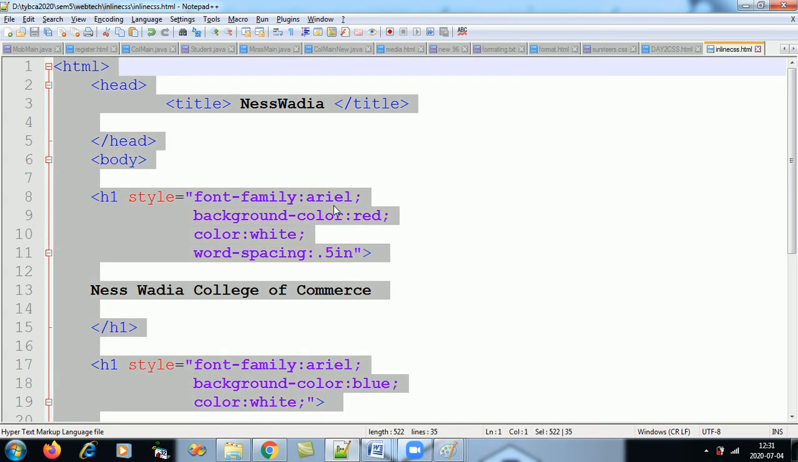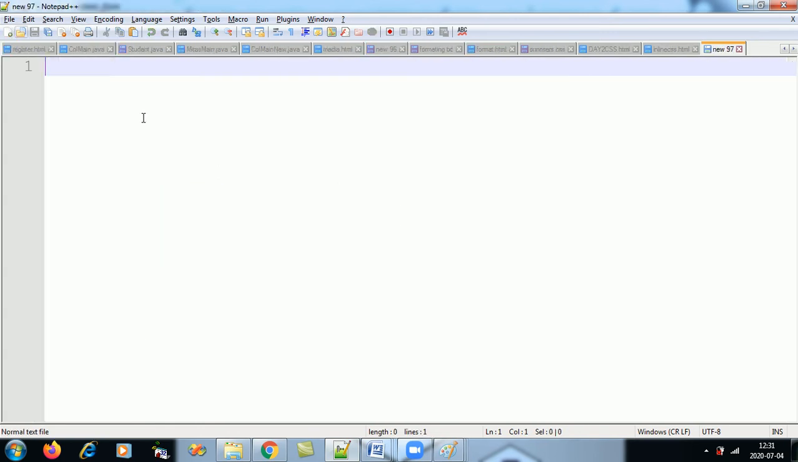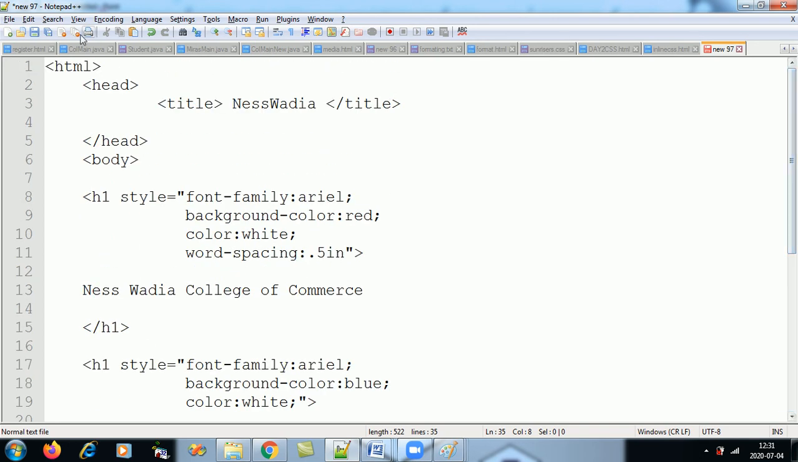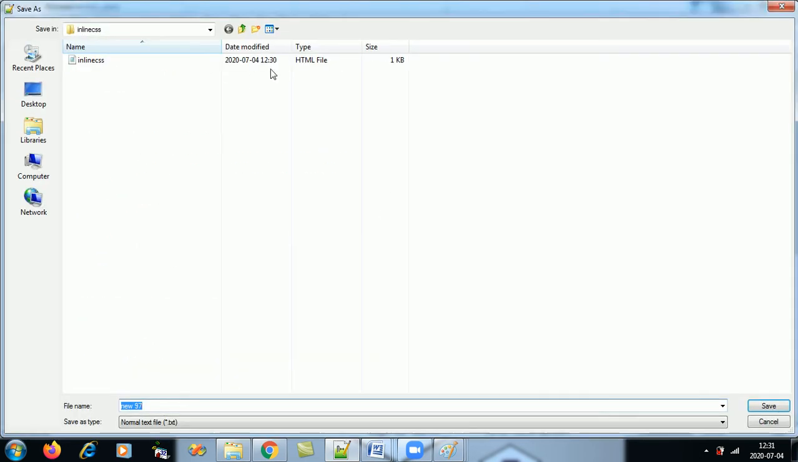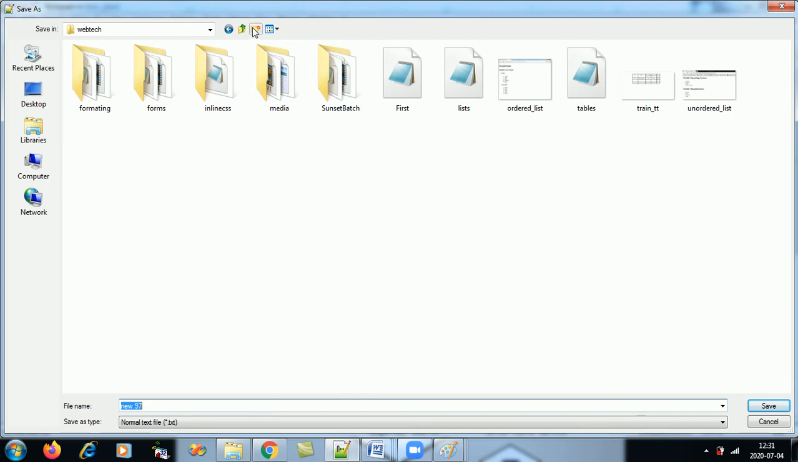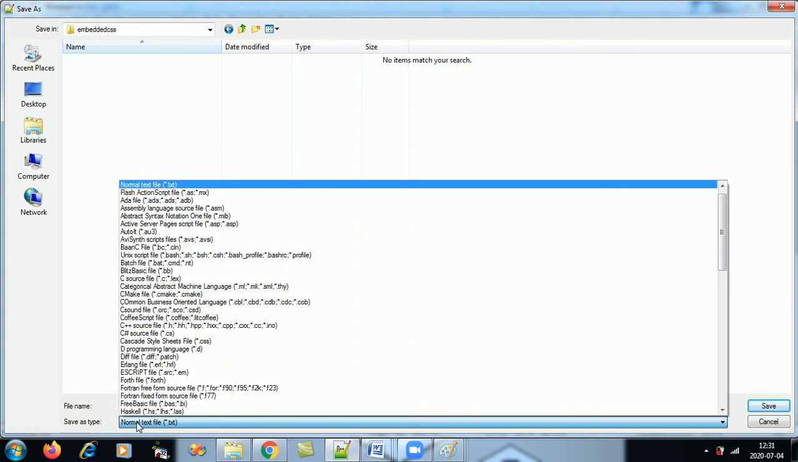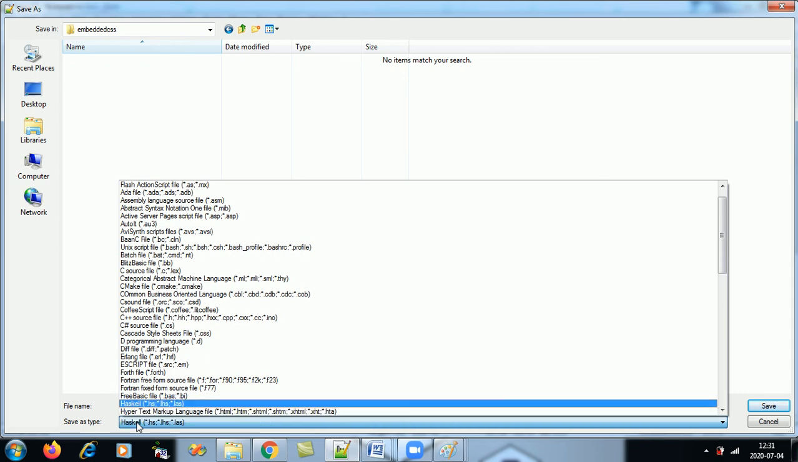So I'll copy this with Control C. Okay, and now let's save it in the embedded CSS folder, and I'll save it as embedded CSS. Extension will be .html,